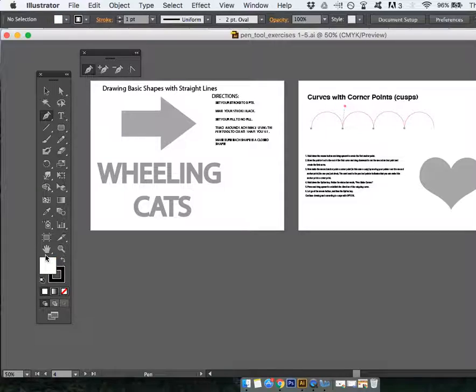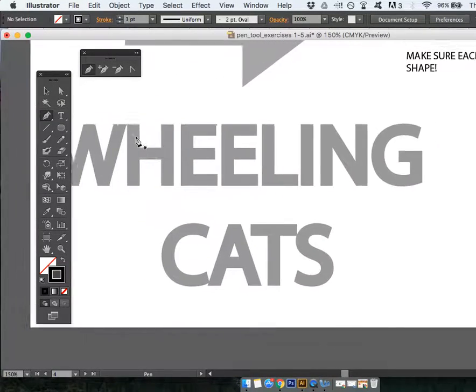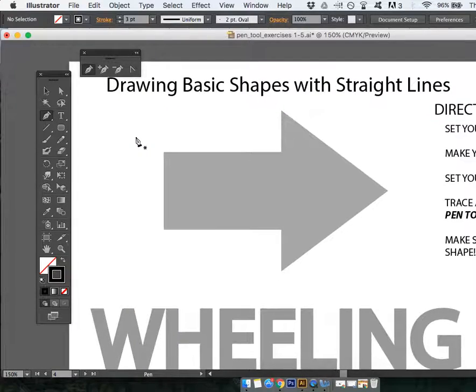Your settings are probably going to be set to a fill of white and a stroke of black. So go to your fill, change it to no fill. Make sure your stroke is set on black and change your stroke to 3 points. So I'm going to zoom in here, and to get started, first thing you need to notice is with the pen tool, if you're starting and making a brand new